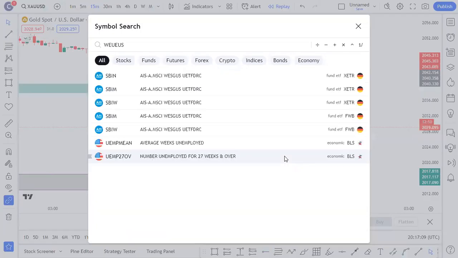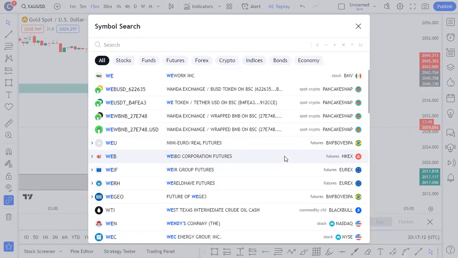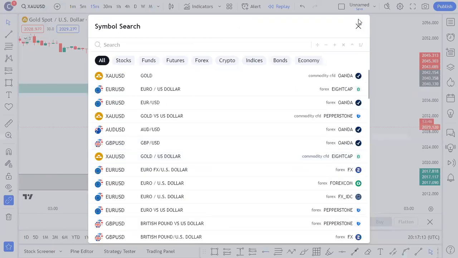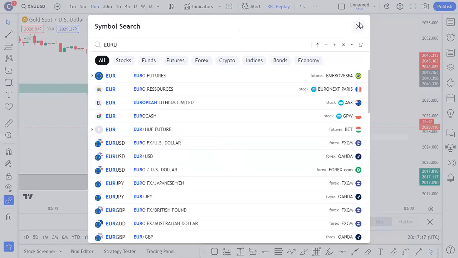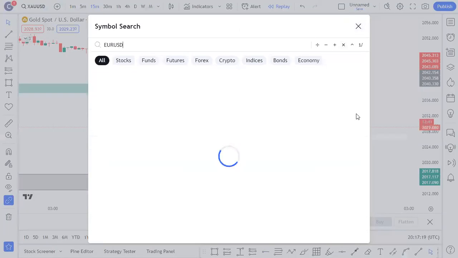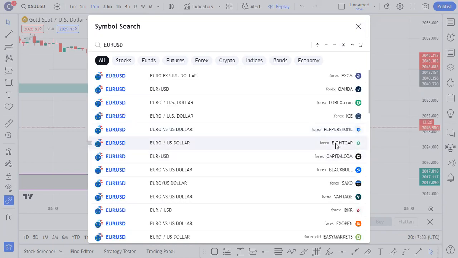Euro USD. Where is it loading? Does it mean I cannot get Euro USD? So yeah,